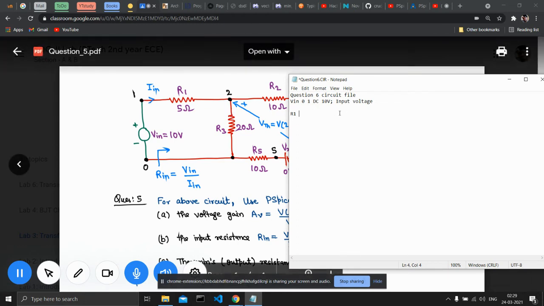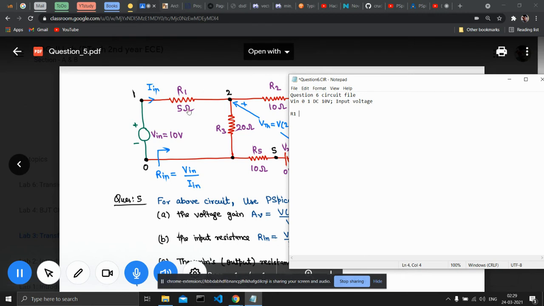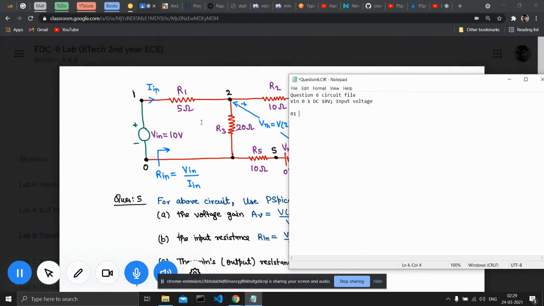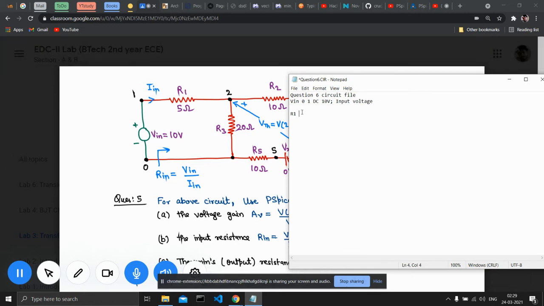If I place the resistor the opposite way, the current's value will just be negative. It will be the other way around. So it does not matter unless you want your currents and voltages to be measured with the correct sign. So I'll write here from 1 to 2.